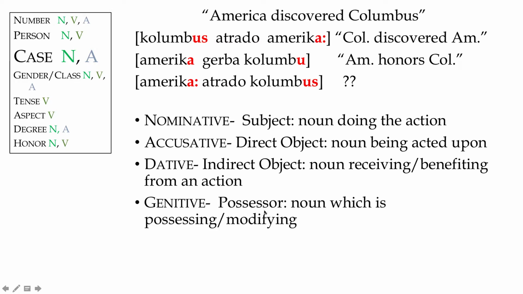There's genitive cases. This is used to indicate a possessor, some noun which is possessing or modifying something else. Turkish languages actually will often use a genitive case to not mark the possessor, but the possessed, so that you know who is being owned by something. So this would be, we don't have an example in English, but it would be something like of my friend. If you've ever seen Dutch last names that would have like van, or German last names that have von, like of the field or of the city, that would be sort of a way of indicating genitiveness, being possessed.